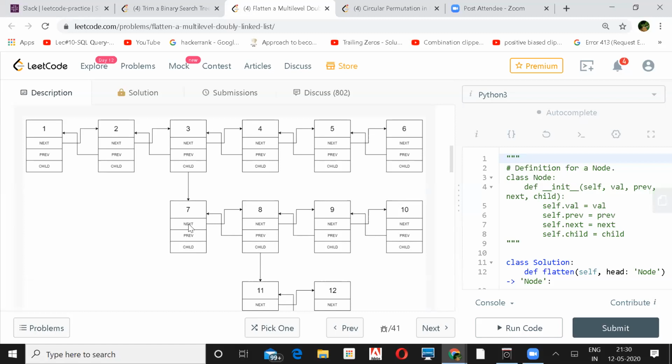And look at this previous pointer of 7. It's right now null. So node 7 has a previous pointer that is not pointing to 3, and we need to establish that link.